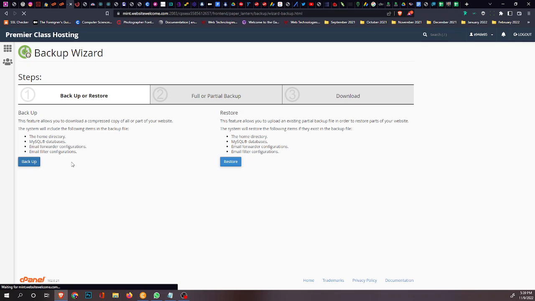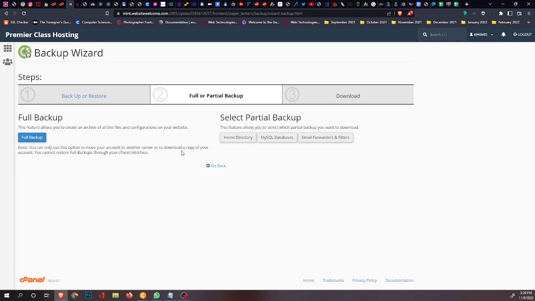So if you want to do a partial backup, you can backup or migrate just the home directory. But in this case, what we want to migrate is the whole cPanel. If you have more than one website, if it is a shared host cPanel where you have multiple websites in it, when you do a full backup, you migrate everything. Okay, so we can migrate the home directory, the databases, and also the email. So click on full backup,